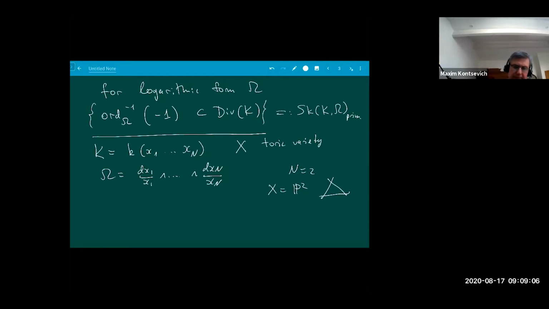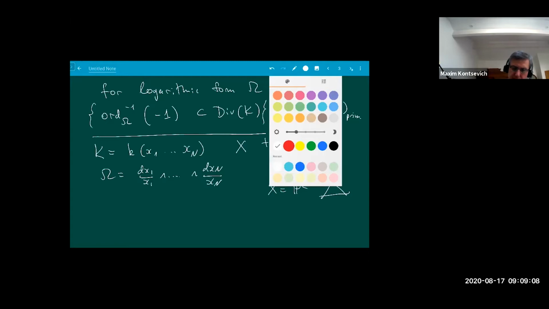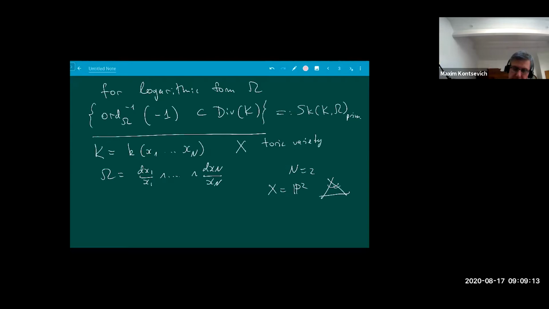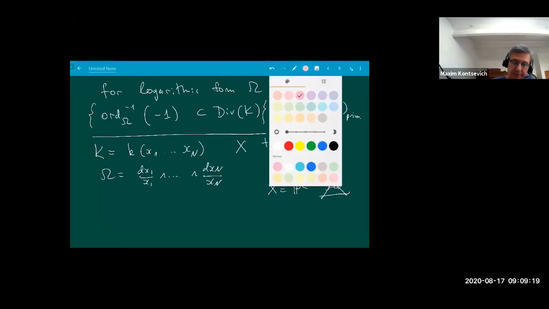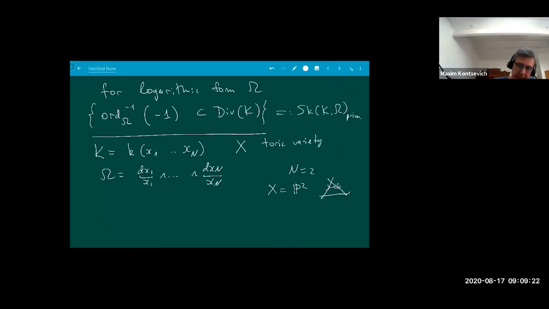But then one can start to make blow-ups. Choose a point, make a blow-up, and then another blow-up. You add more and more toric divisors, and on all of them this form will have a pole of order 1, and